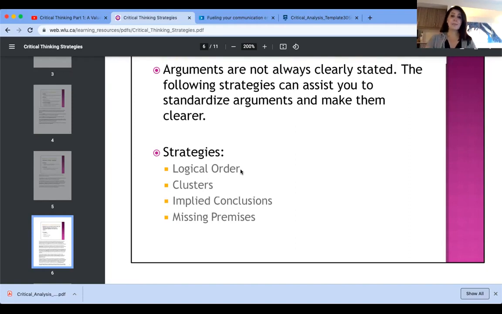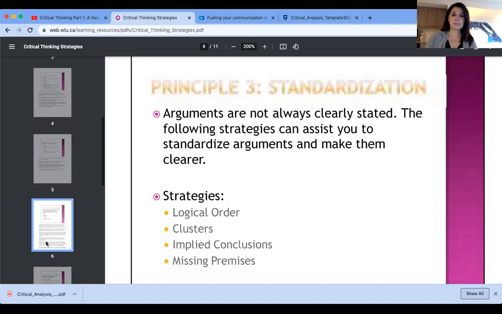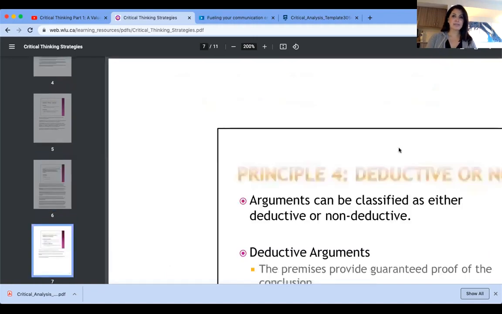After I did that, most of the students miss the last step of the standardization. What is the last step? Missing premises. I have the logical order. I cluster the ideas. I drive proper conclusion out of the premises, pieces of evidence, and supporting ideas that I have. But then I forget about some missing points. Make sure that you have those miscellaneous premises that are missing by assessing and evaluating your own logic in order not to miss any facts or supporting details.